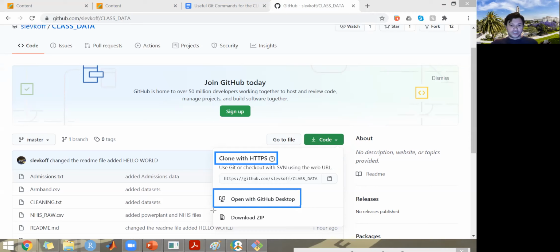Or you could just download it as a zip file and unzip it on your computer using something like WinRAR, or whatever unzipping software package you use. And if you need help with unzipping files, let me know, and I'm more than happy to walk you through it. But this is how you can do what we're about to do using the graphical user interface, using this button that I can click, using other links I can click and drag, copy and paste